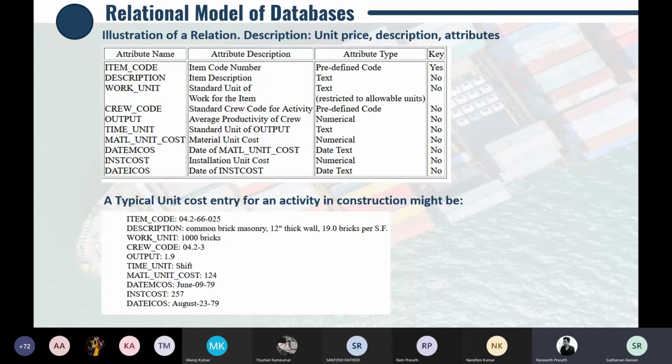So we can give another table including all the attribute names, and it can be changed whenever we want. This is the main advantage of the relational model, and it is more flexible and highly desirable. So over to Tamil Selvi. He will be explaining some examples.